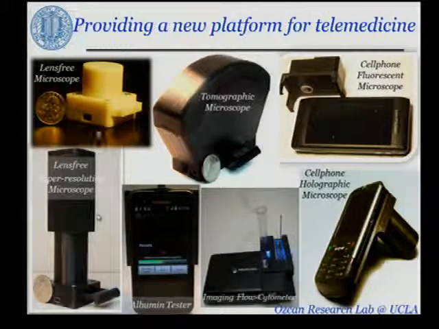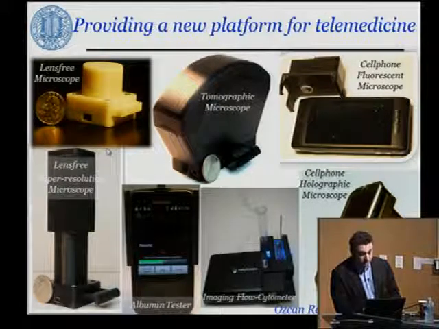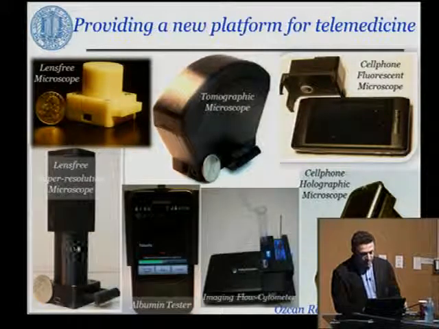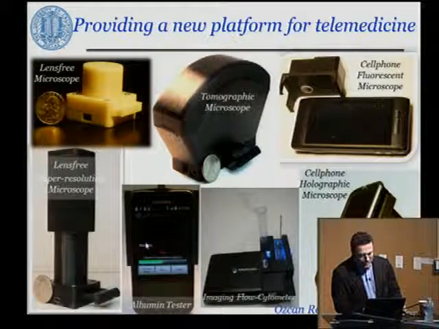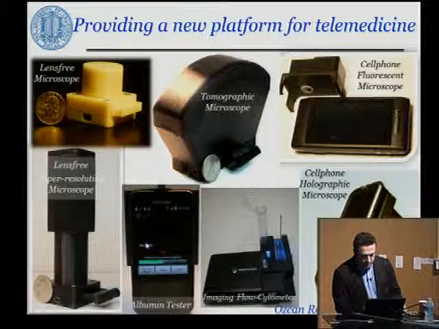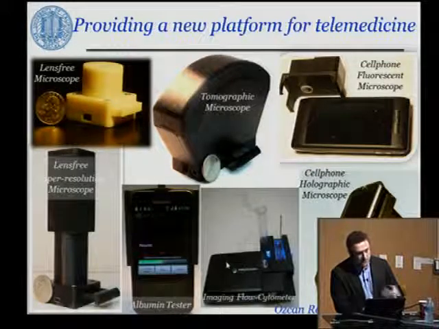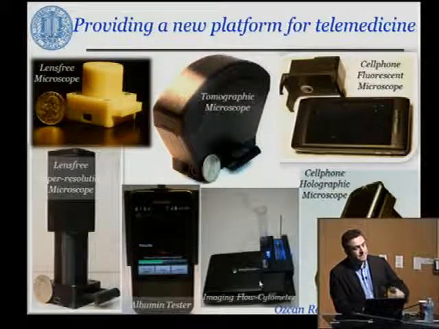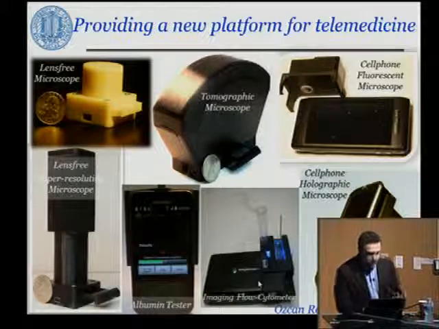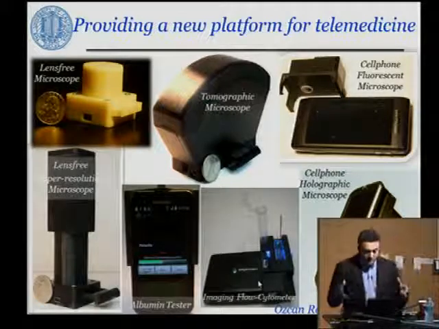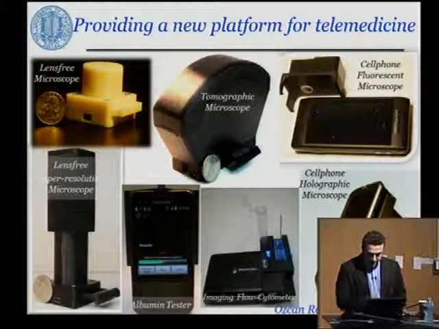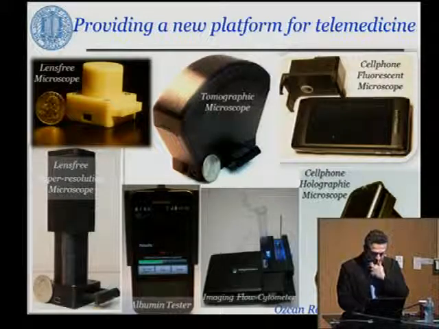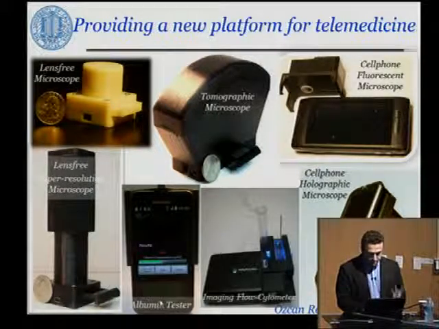I'll explain the underlying technology behind this, but just to highlight upfront, it's not just a cell phone. Sometimes it's the CMOS imager that is borrowed from a mobile phone. In addition to microscopic imaging in fluorescence or in bright field mode, you can also convert the mobile phone into a sensor. In this case, you're looking at an imaging flow cytometer, which flushes through a disposable microfluidic device some cell lines, let's say in this case blood, and then can look at a movie and process it for looking at counts of cells per unit volume.